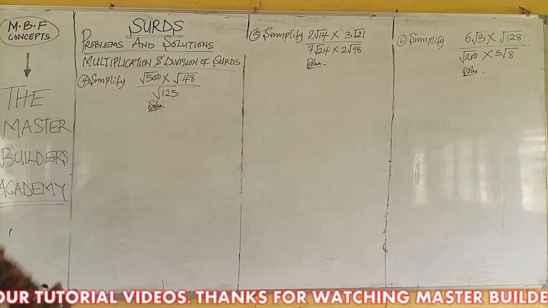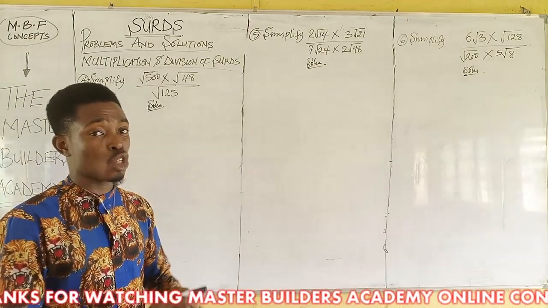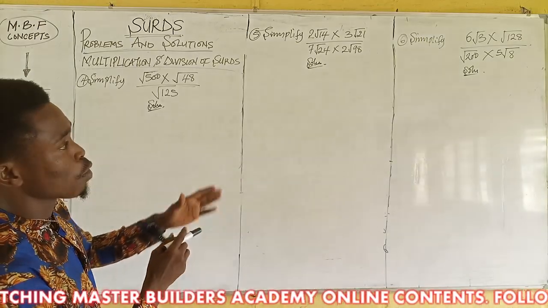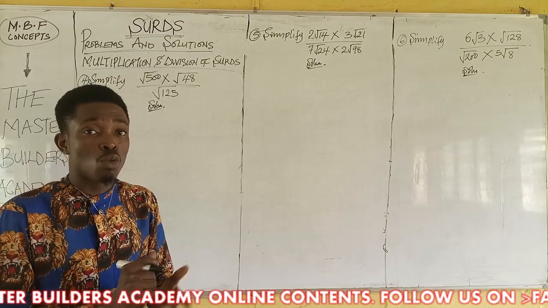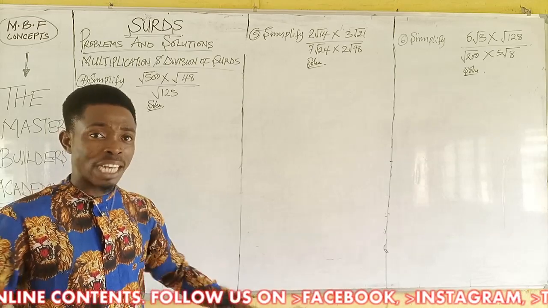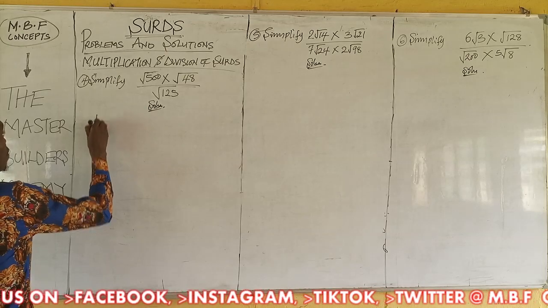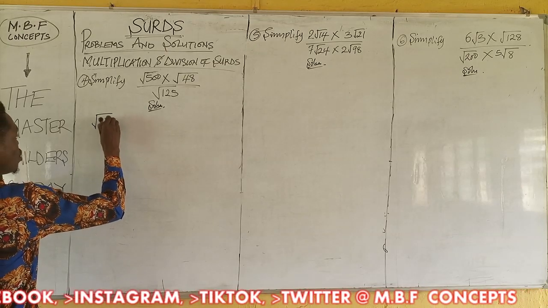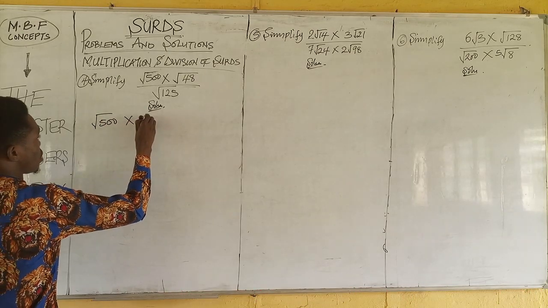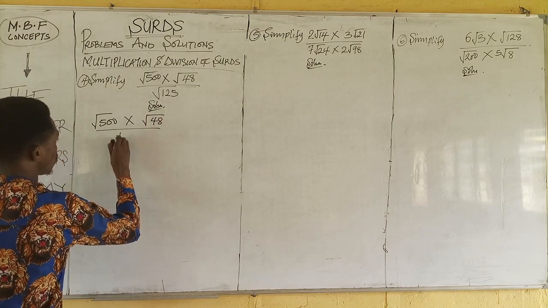We are asked to simplify this. Like I explained before, we have so many ways you can simplify this, but I just want us to solve these problems in a way that will be calculator independent, right? Yes, it will not depend on a calculator at any point. All right. Now, we are asked to simplify or evaluate the square root of 500 times the square root of 48, all over root of